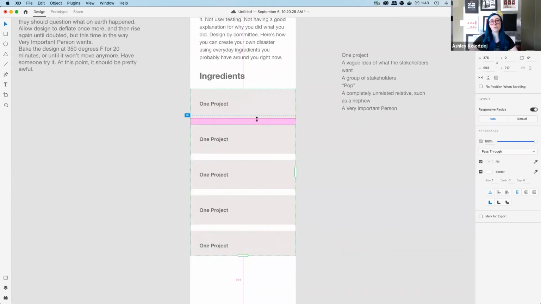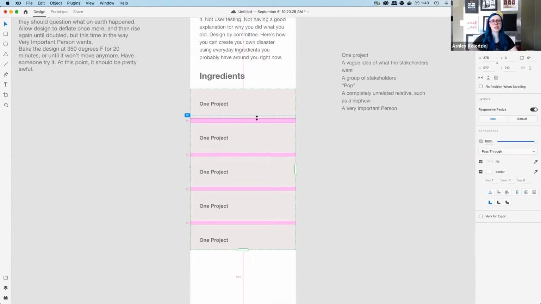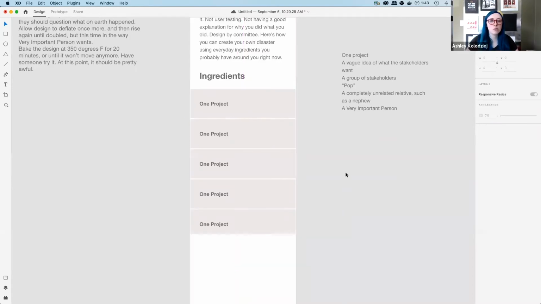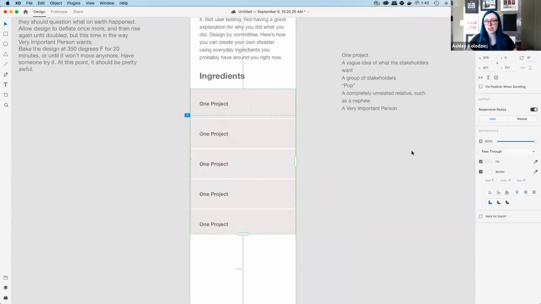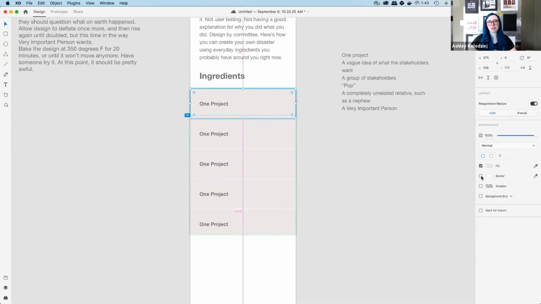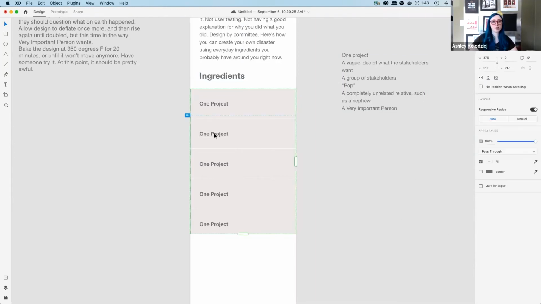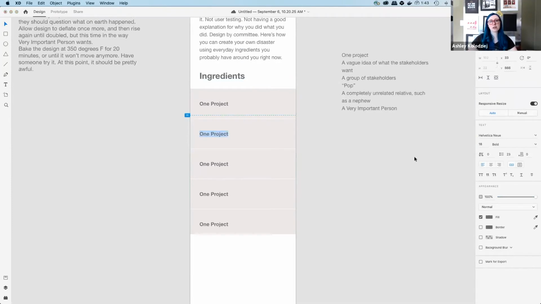You can hover over in between any two repeat grid items, click and drag it down to reduce the size in between each. So I'm going to reduce this down to 1 pixel. And actually, I'm realizing that I don't really like the border on here. So I'm going to unclick it. And notice how it changed all the repeat grid items. That's one really great part about the repeat grid. Now to change just one item, all you have to do is double click and start typing. So a vague idea of what the stakeholders want. Let's see if we can fix this, there's probably a better way to do this with the type size, but that's okay.